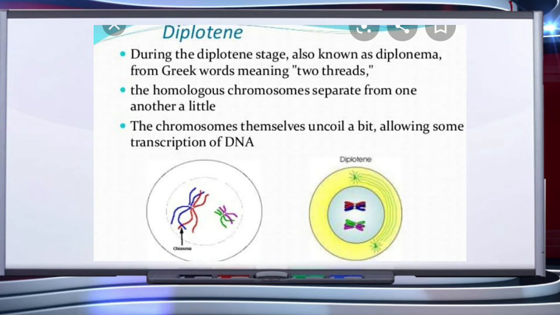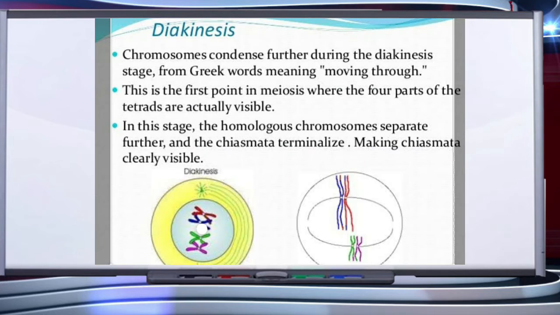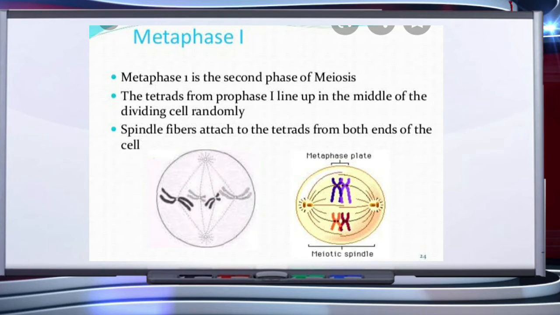The final stage of meiotic prophase 1 is diakinesis. This is marked by terminalization of chiasmata. During this phase, the chromosomes are fully condensed and the meiotic spindle is assembled to prepare the homologous chromosomes for separation. By the end of diakinesis, the nucleolus disappears, and the nuclear envelope also breaks down. Diakinesis represents the transition to metaphase 1.